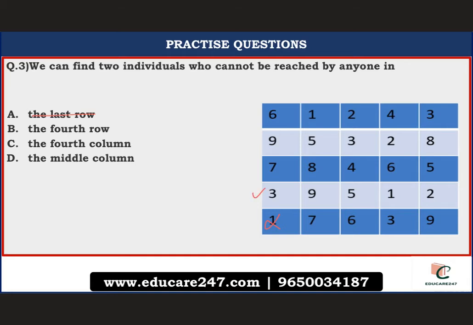So this one. So over here again 1 cannot be reached by anyone, 3 can be reached by this 1, 9 can be reached by this 7, obviously 3 also can reach 9, 5 can be reached by say this 4, all right, this one also, all right. 2 can be reached by this one, all right. So this option is also eliminated, all right.